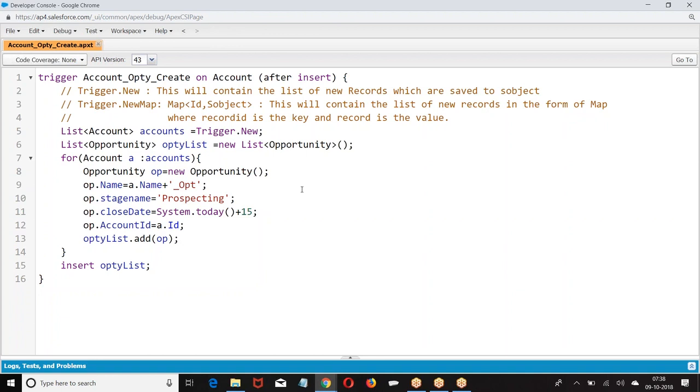Now I want to create an account team member. If you understand well, on the account object there is no queue concept. You cannot create a queue on account, and you cannot create a queue on opportunity. If a group of people want to collaborate and work on a record, let us say I got an opportunity from Wipro. They're asking for 3 Java resources, 4 Salesforce resources, and 2 Hadoop resources. I am handling this opportunity. Satish is the person who is handling the opportunity given by Wipro.